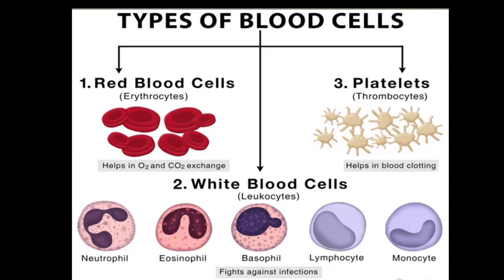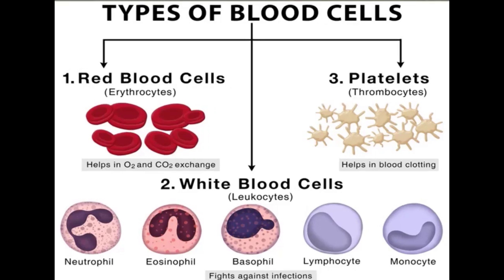Look at different types of blood cells: red blood cells, white blood cells, platelets. We call them red blood cells because they carry oxygen and carbon dioxide to different parts of our body. A white blood cell is just like the army in your body. They help you fight against diseases. Platelets, when you get injured, increase in size to heal your wound.